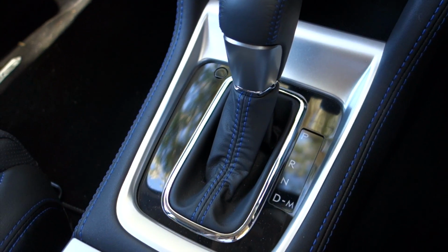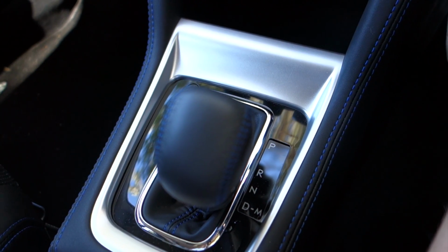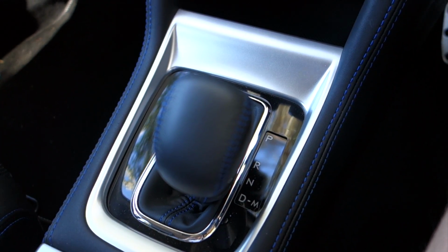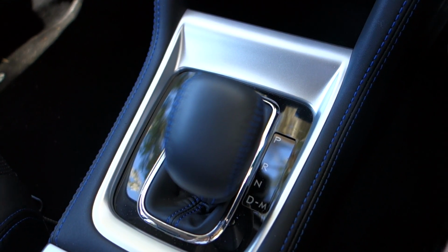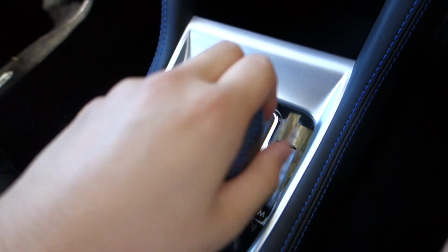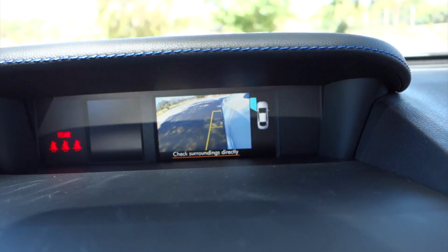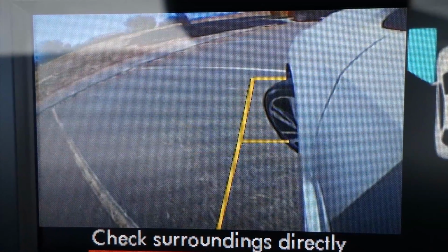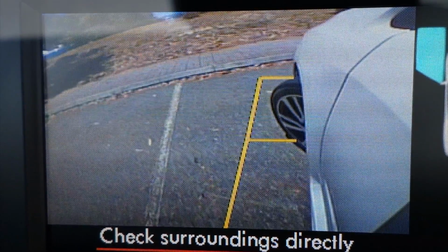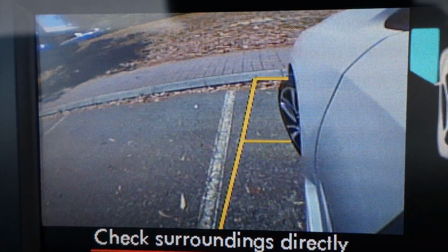Your transmission is pretty simple, just a straight down shift from park all the way down to drive, along with a manual shift gate, which will hold the so-called gears, although it is a CVT transmission, but it will keep the revs high for better acceleration, also encased in a very nice satin finish. One of the most intriguing features is the side view monitor. Using a camera mounted underneath the passenger mirror, it projects the position of the front left corner of the car. Initially, I didn't think too much of this, but it turned out to be surprisingly useful, especially in tighter car